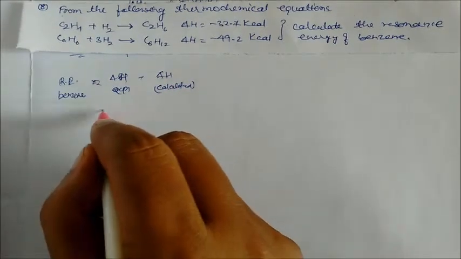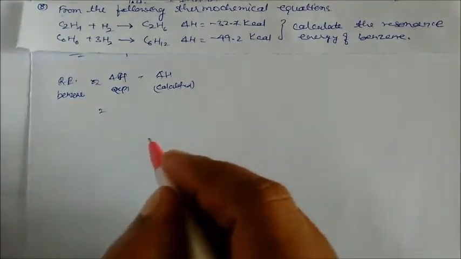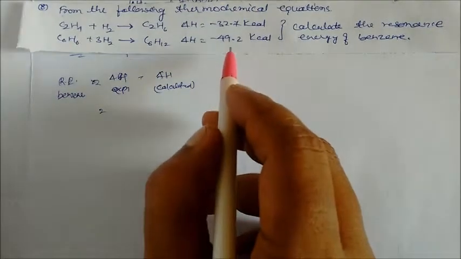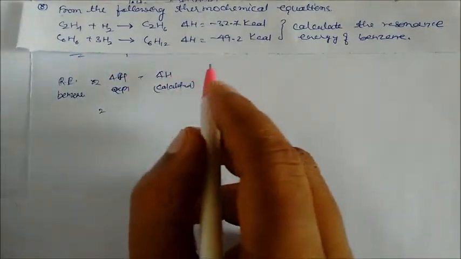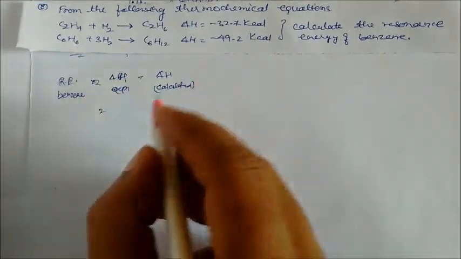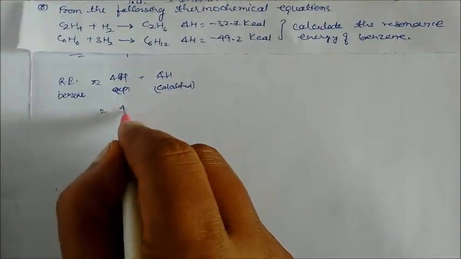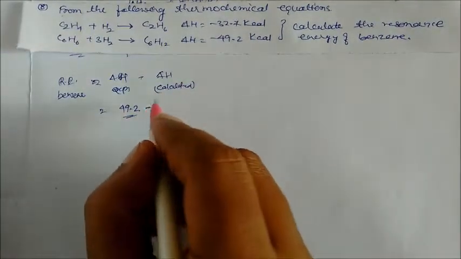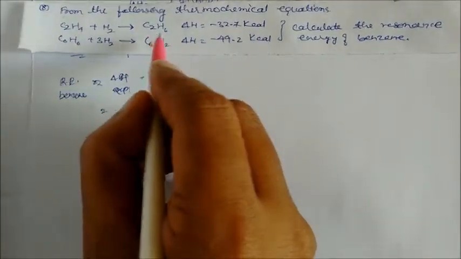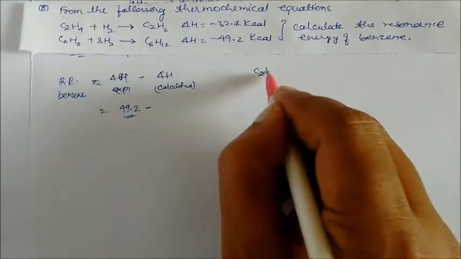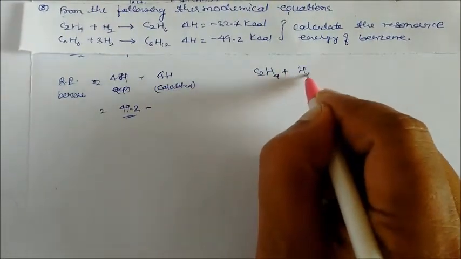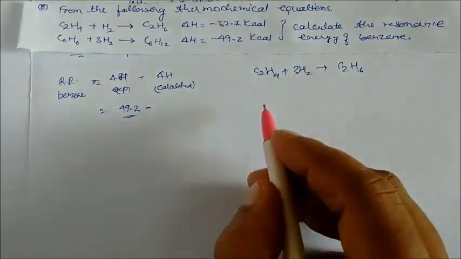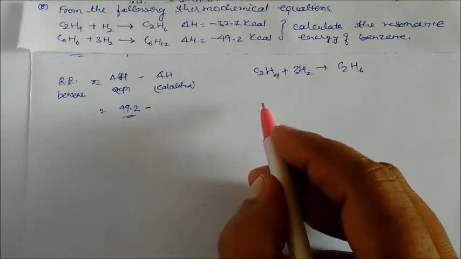So now here one thing we have to keep in mind, so here delta H is given 49.2. Okay, so after hydrogenating, this is your exothermic energy, so write here the data 49.2 in positive value, and for calculated you can see here, so we require how much C2H6. So if you multiply this hydrogen 3 times, so what will happen, so we will get here energy,